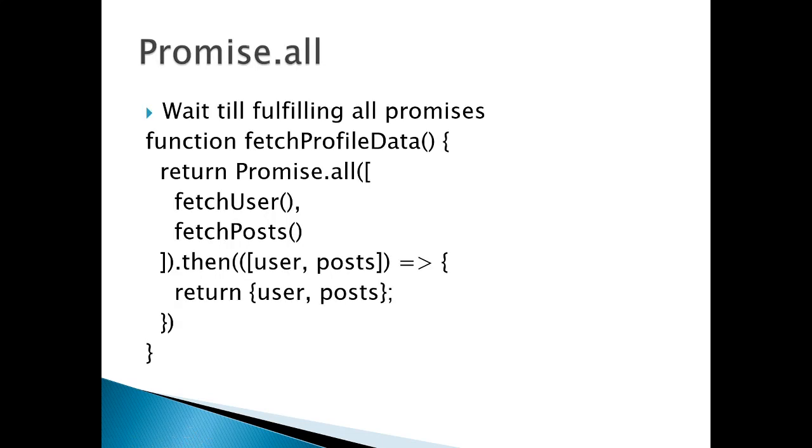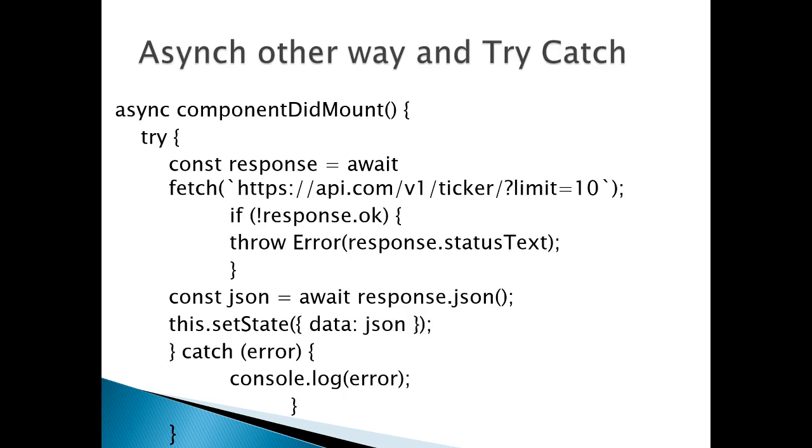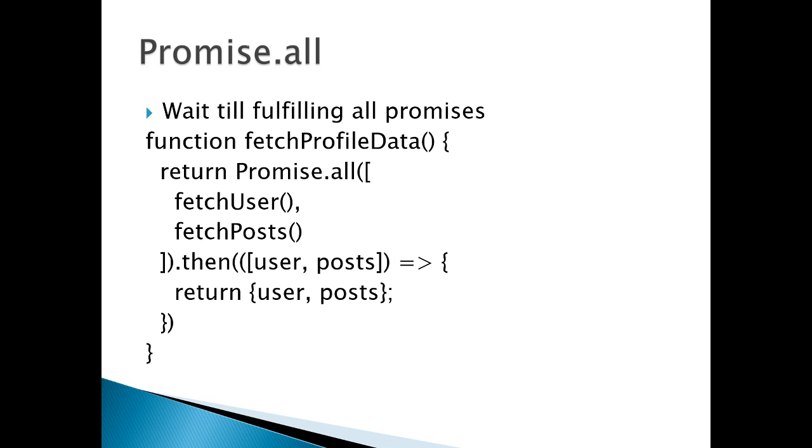There is another way, and that is promise.all. In this way, it will wait till all the promises have been fulfilled. So this is a third way with which we can apply basically a delay or wait for the result till the server has responded with whatever output it wants to display. So promise.all can be an option. Async method with try catch, and async with await. Simple async await, async await and try catch, and you have promise.all. This is all for waiting for the output.